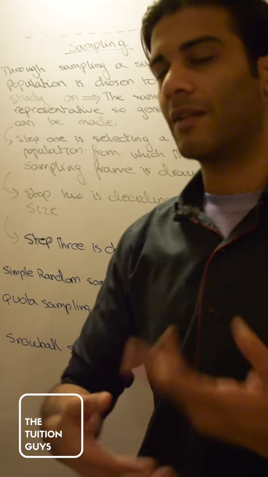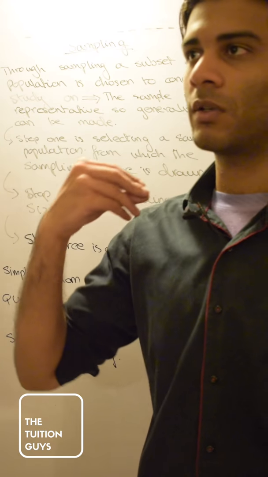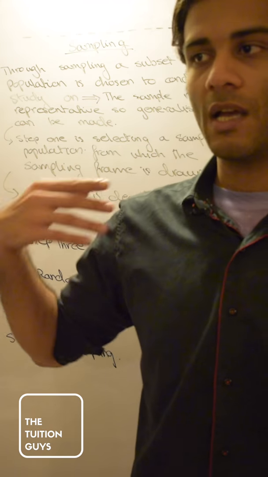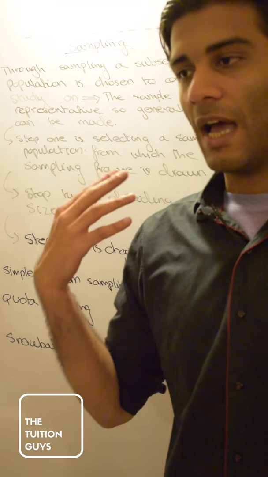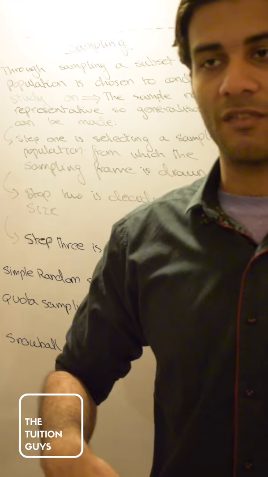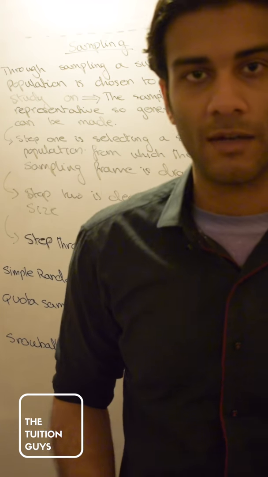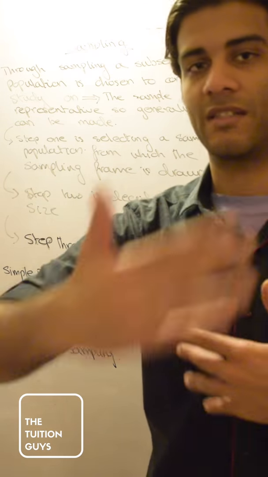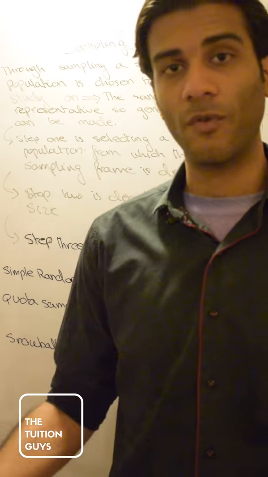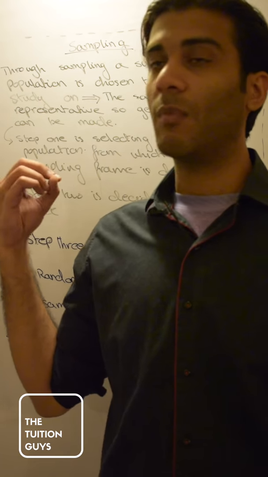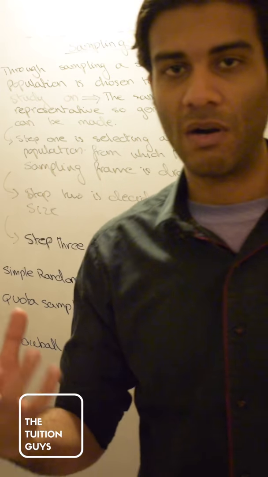You'll ask one person, they'll complete the interview or the questionnaire, whatever your research method is, and then you'll ask them, can you please pass the word down the chain that this person, i.e. me, the researcher, is doing this study, and could you please ask them if they're interested in being a part of my study, being a part of my sample. So it's like throwing a snowball down a mountain slope, right? It'll just get bigger and bigger as it keeps rolling down. One person will tell another person, will tell another person, and so on and so forth. Eventually you'll have a big enough sample that you can make a generalization from, and it might be representative.